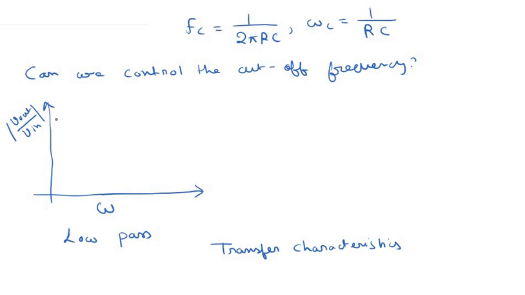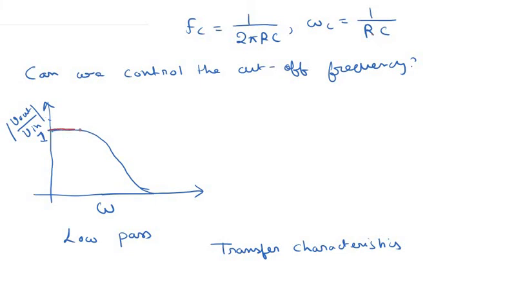So let us say for one combination of R and C, or for one RC product, the low pass filter gives me this kind of characteristic. So this is one here, and it gives me some characteristics like this. Now let us say that I decrease the RC product. Omega c is 1 by RC, so RC decreases means 1 by RC increases. So if I decrease the RC product, my cutoff frequency is going to increase.